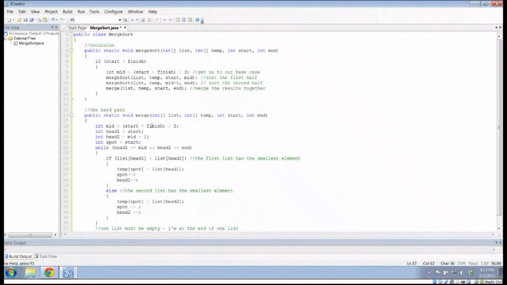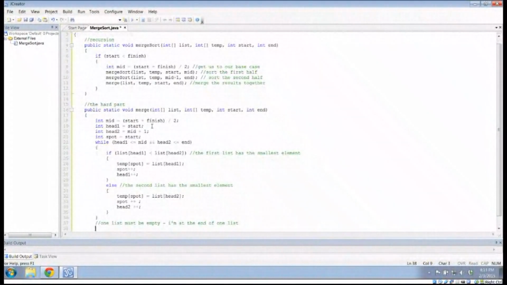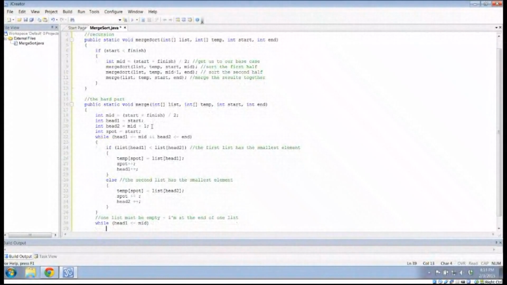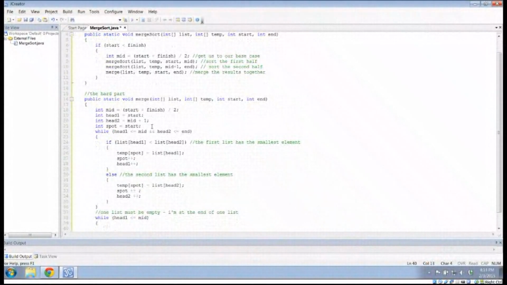In other words, I'm at the end of one list. So I need to copy from whichever list is remaining. And at this point, I have no idea which list is remaining. So what I can do is just say, hey, let's just go through each list and add it to the remaining list. So I could say while head1 is less than or equal to mid, then I'm